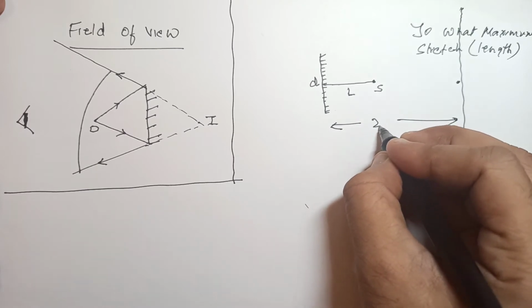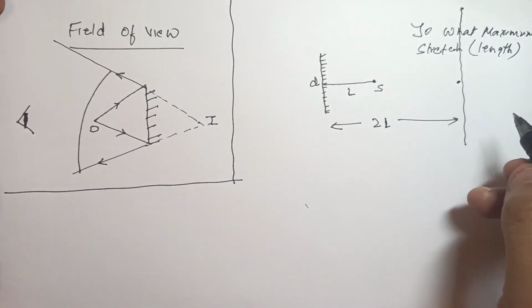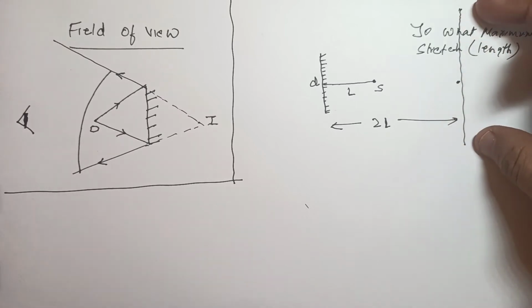So this gentleman is walking parallel to the mirror. The question is, what is the maximum stretch, meaning what is the length through which the gentleman can see the image of light